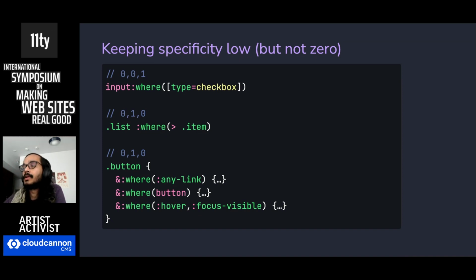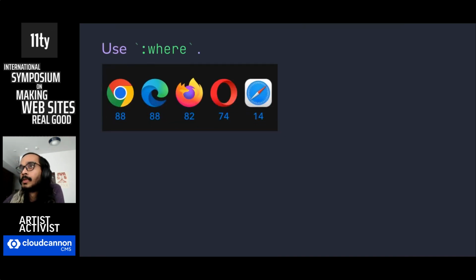One thing that I like to do is put :where() on everything that is nested inside the main rule, so that the whole block has a flat specificity and everything inside it has 0 specificity. So you're going top to down, everything is using source order or order of appearance, and everything inside is flat. So you have some specificity, just not too much. So yeah, if you haven't used :where(), give it a shot. It will probably solve many of your headaches. And it's very well supported all the way back to Safari 14.